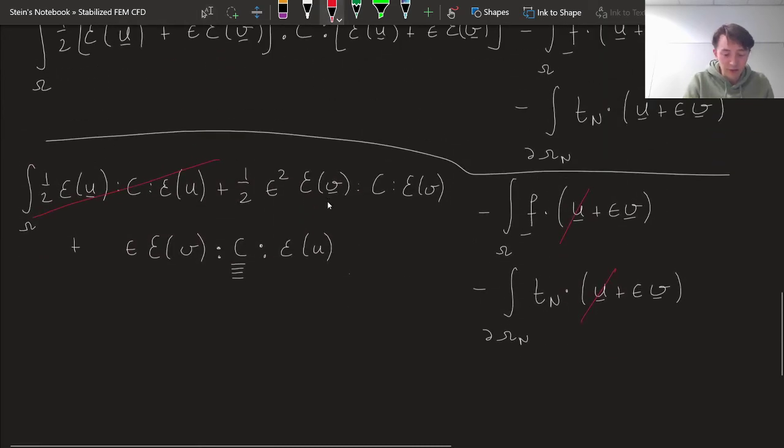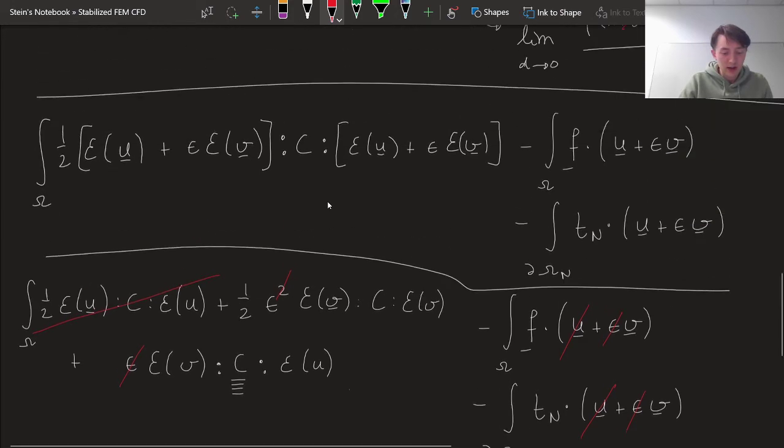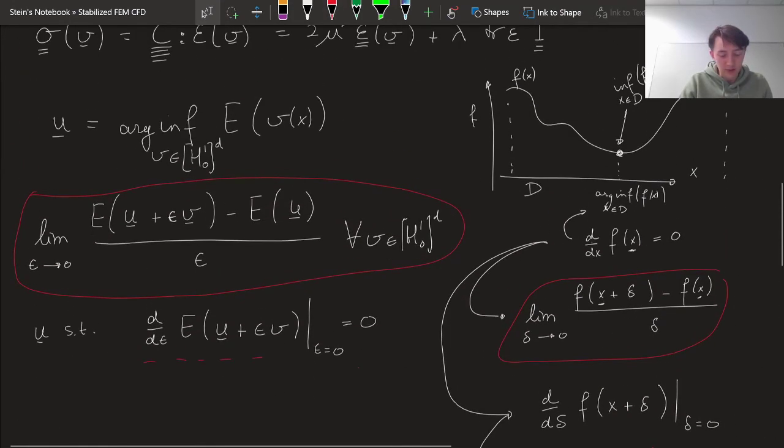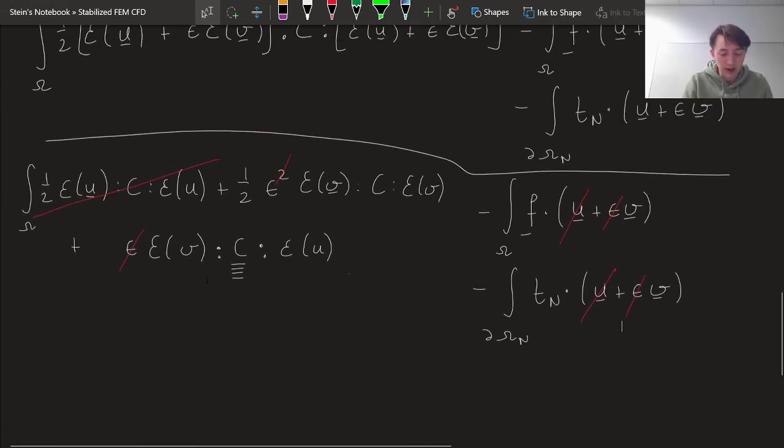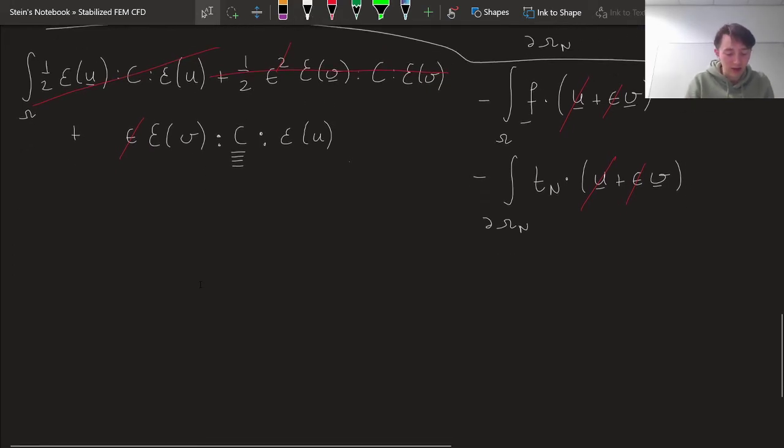Now if I divide by epsilon, then the square drops out. Here we have a division by epsilon, that goes away. And here we still have these, they also go away. And after that, I'm going to take the limit of epsilon goes to 0. That means that we still have one epsilon multiplication left here, so this one also drops out altogether. So then in summary, if we take the limit of epsilon goes to 0, sorry,